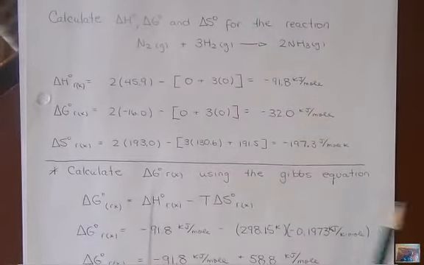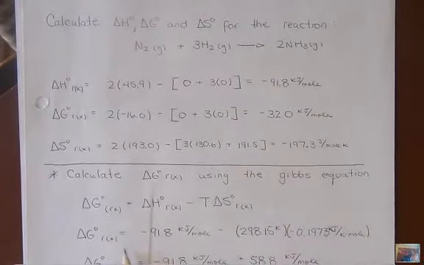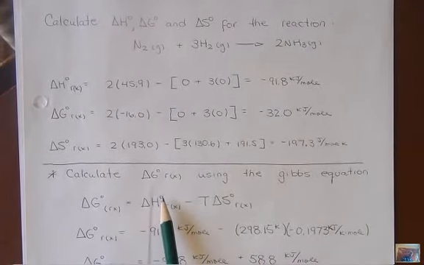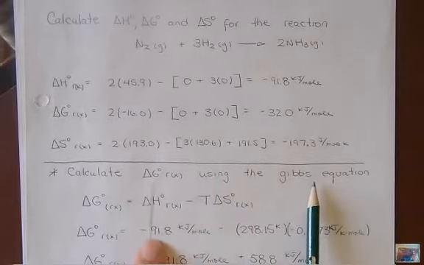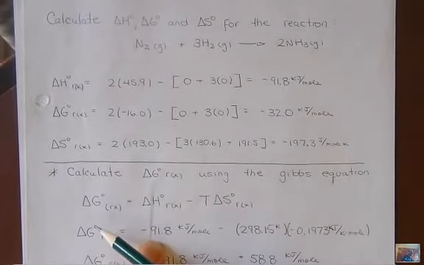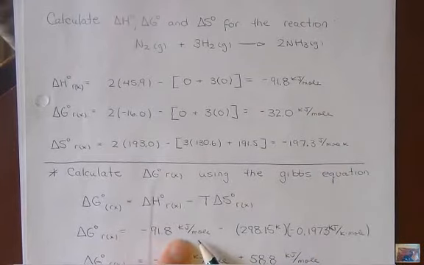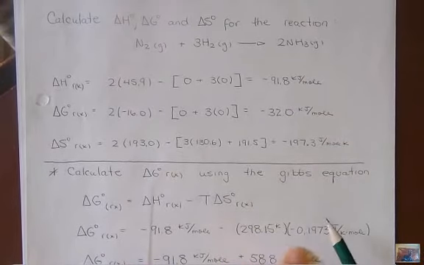Okay, last question. Calculate delta G0 using the Gibbs equation. Well, delta G0 for our reaction is equal to delta H0 minus T delta S. We're doing it at 298, so all I have to do is plug in my numbers from here, right? So again, since we're doing it at standard condition, keep my little 0. Here's my 91.8, don't do anything to it. Here's 298.15, that's the temperature. Be careful, why is this